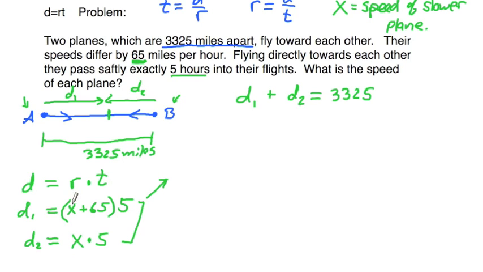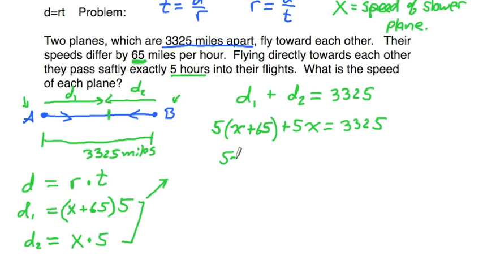So the first distance is this x plus 65 times 5. I'll switch it around. Commutative property is always nice. And D2, the slower speed, is going to be 5x. And this equals the total distance of 3325. So it gives us a nice equation, one variable. All right, and we'll distribute a little bit, and we get